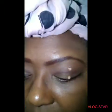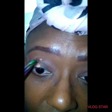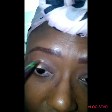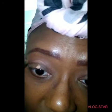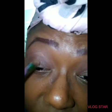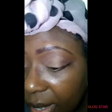Okay, so now what I'm going to do, because my phone is getting ready to cut off, I'm going to put you on a brief pause and come back. So as you can see, I'm going to try to cut crease, which I think is going to be a disaster because it's taking up the majority of that lid space. And then I'll come back and let you see. Guys, so I'm back, and as you can see, I've cut my crease and I use my